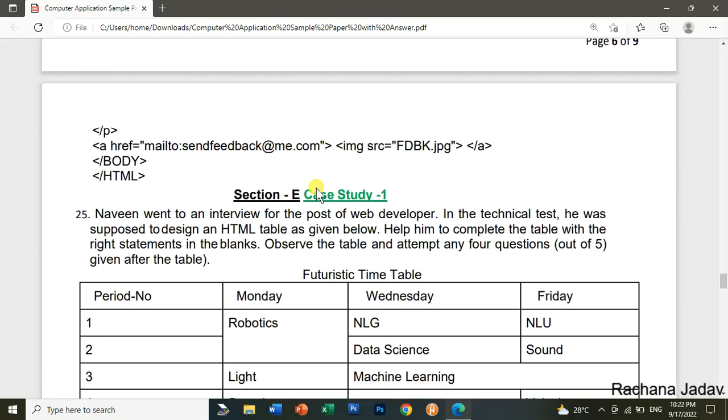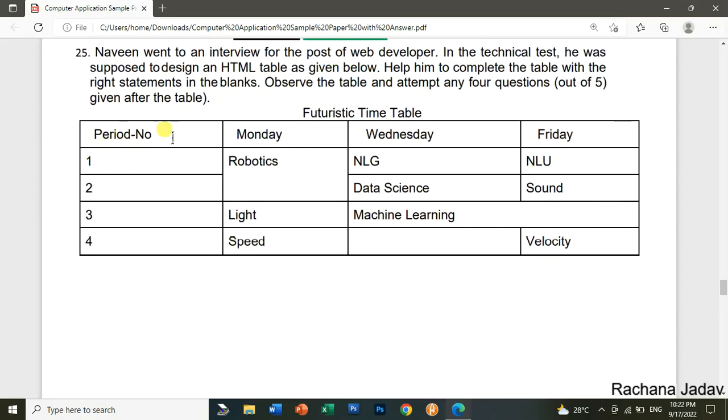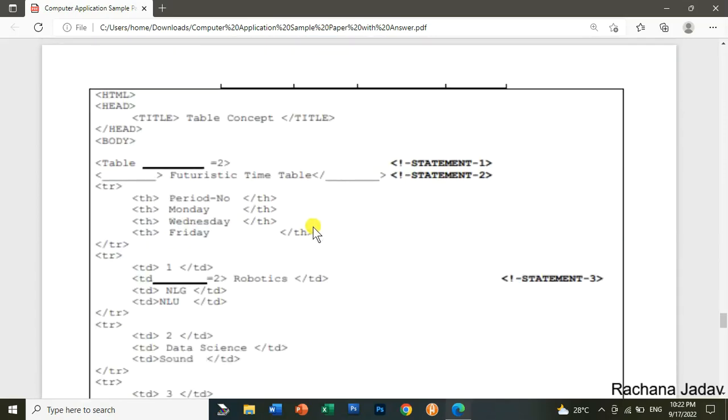भी आप ले सकते हो, डाउनलोड कर सकते हो। Now this is section E, that is the case study। So you have to observe the table, यहाँ क्या दिया हुआ है, observe the table and then you have to give the answer। तो आप ये टेबल को ऑब्जर्व करेंगे and then you will give the answer। तो यहाँ देख लीजिए, इसके साथ कोडिंग दिया हुआ है, कोडिंग में बीच में आपको फिलअप्स जैसा दिया है, you have to fill this part।